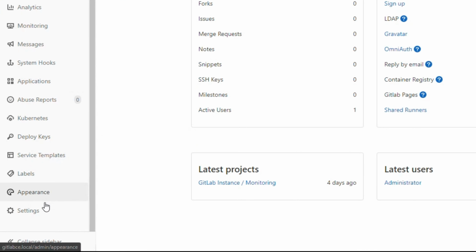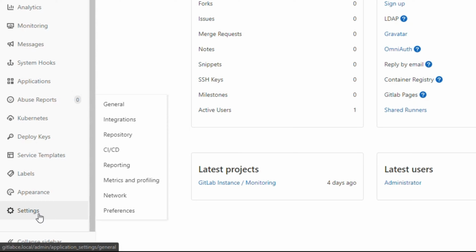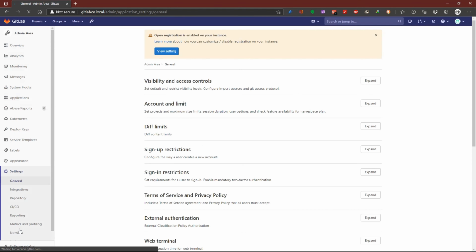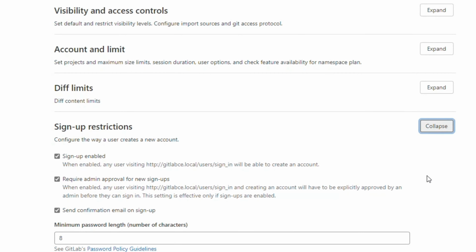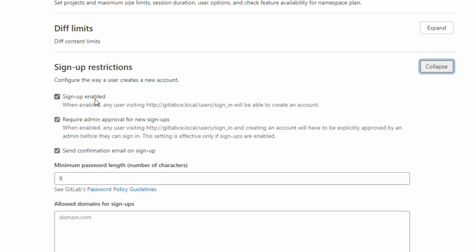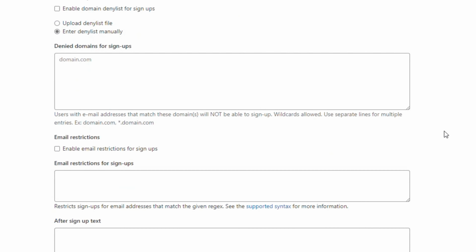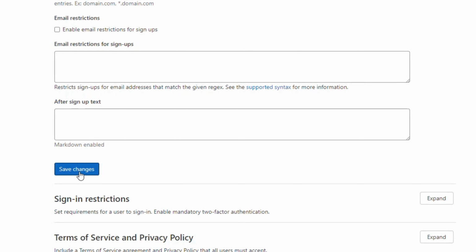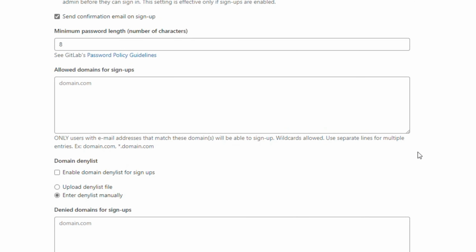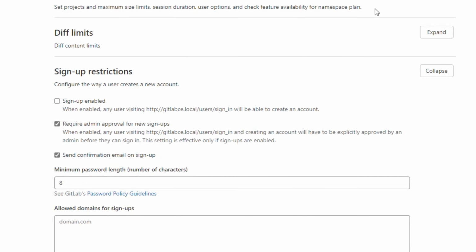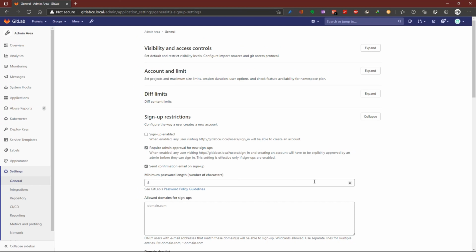Then you can go to Settings and expand Sign Up Restrictions. Uncheck Sign Up Enable. Then scroll down, Save Changes. It's done. The warning disappeared.